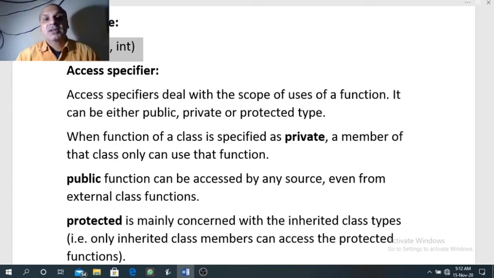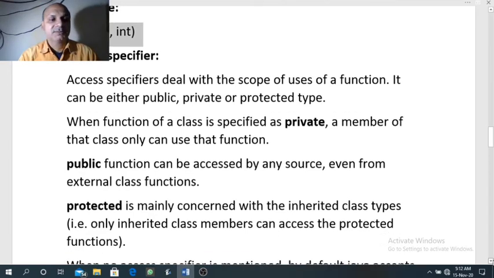So when one class inherits the properties of another class, it is known as inheritance. So during inheritance, protected functions can be used outside the class in other classes. But this inheritance is not in our syllabus, we will not discuss it. We will discuss public and private.